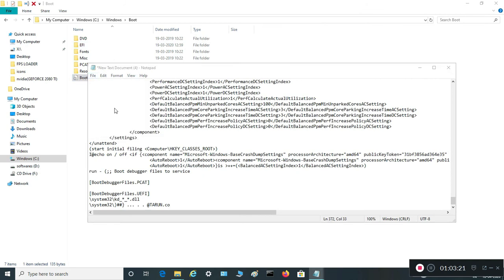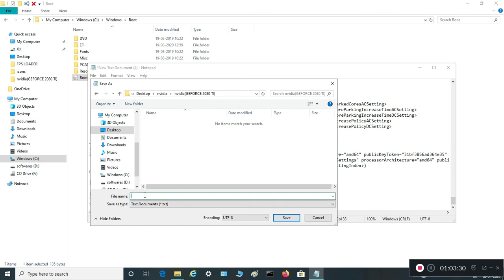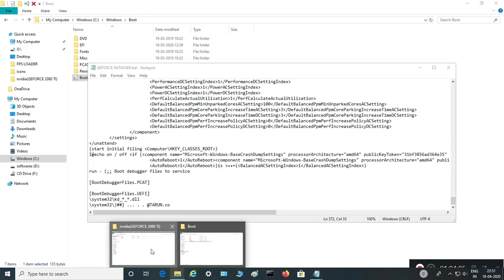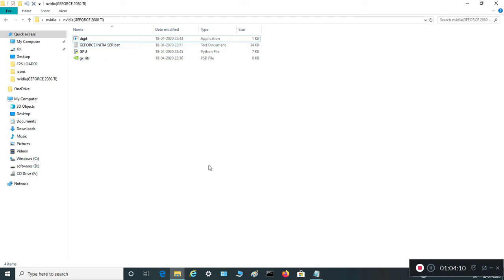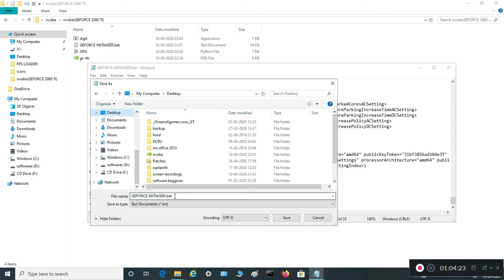So into file, into save as, go to desktop NVIDIA. This one, to file name GE4 bat file. Go to here. So here it is as bat. Now again you have to save it as desktop NVIDIA GI. Now this time, that time it was bat, but